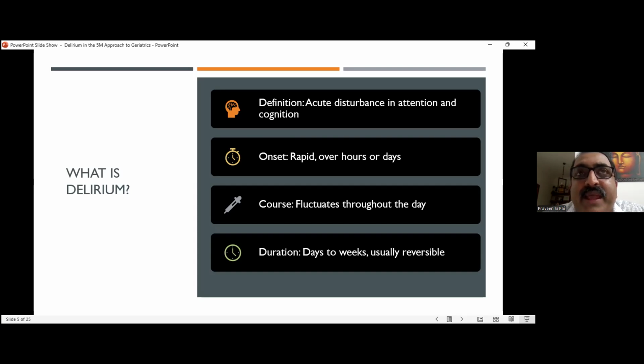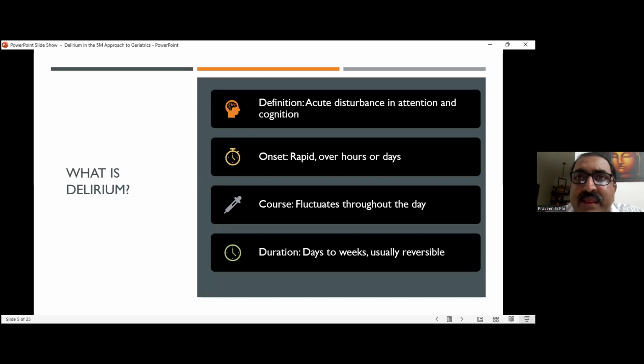And the other very important hallmark of delirium, which you can differentiate from dementia or depression, is the fluctuation throughout the day. Some part of the day they'll be fully okay. The relatives may come and say he is not bad all the time. Sometimes he is very okay, sometimes he talks well, he recognizes people, he or she is talking sense. But sometimes suddenly he loses his mind. That fluctuation throughout the day is a hallmark of delirium.